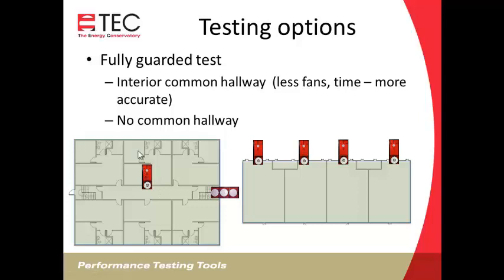And that gives you the leakage. You'll only get the leakage to the outside with that blower door now, because all adjoining spaces are at 50 pascals. So as you can see, that would be a test where in this case would require fewer blower doors. You would only need 4 instead of 6 to test this particular building, and it would certainly be quicker if